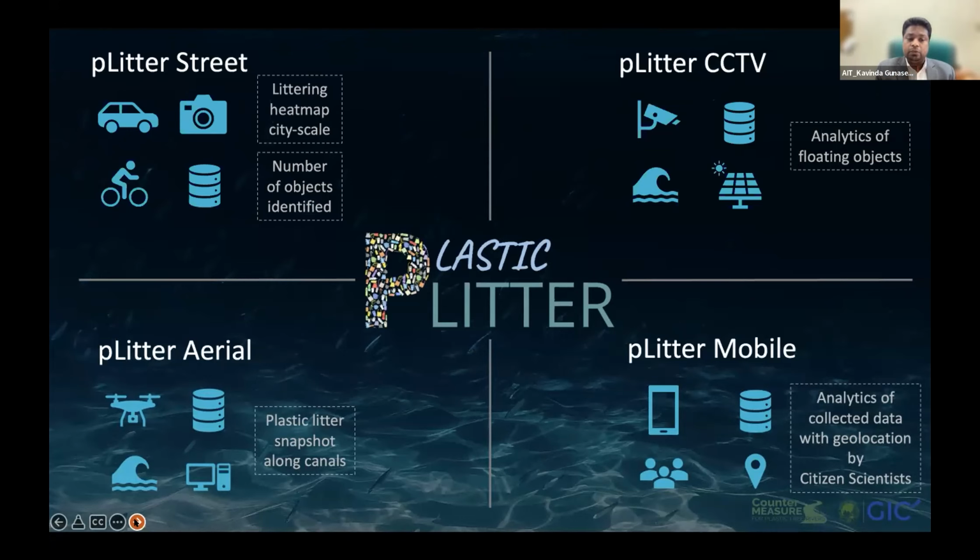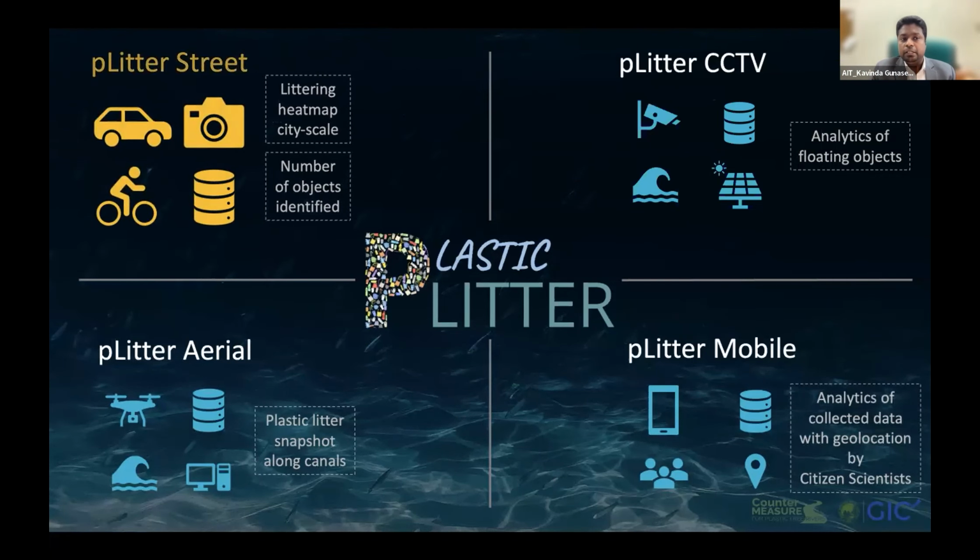We are looking to make a snapshot of canals using aerial drones, detecting plastic. In this case, we are trying to develop very easy tools, especially avoiding most of the drone data processing framework. So we are trying to develop a solution which people can easily replicate. And for the mobile component, we have a different aspect, which Frank is going to share in the last part of this workshop. With mobile, we are deploying to get insight from locations and also trying to improve our machine learning models.